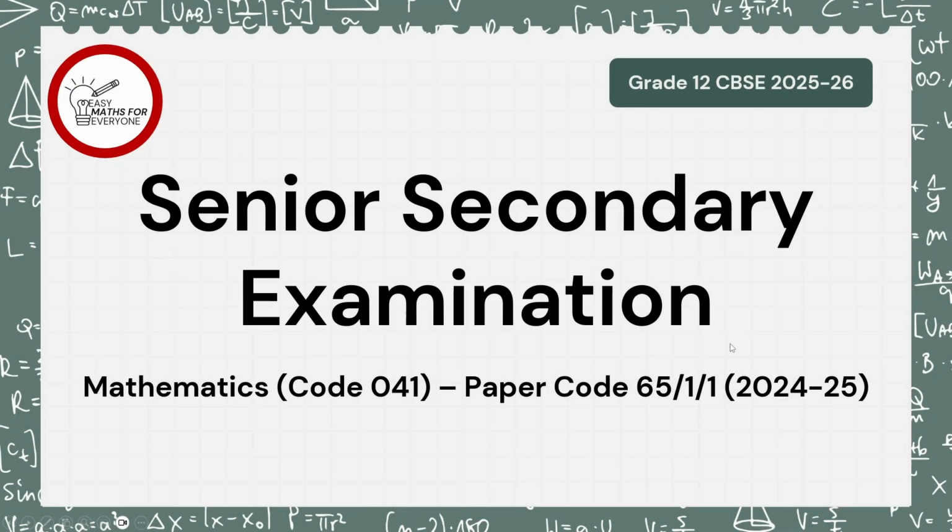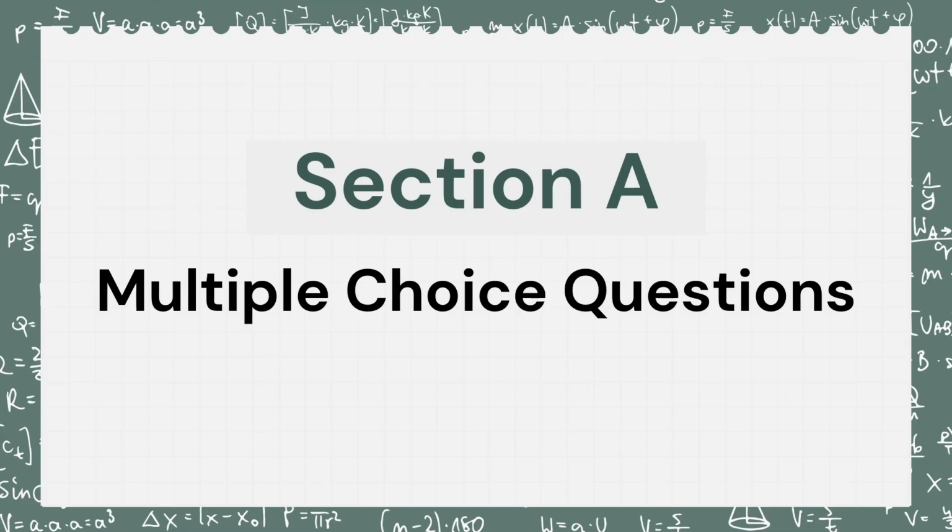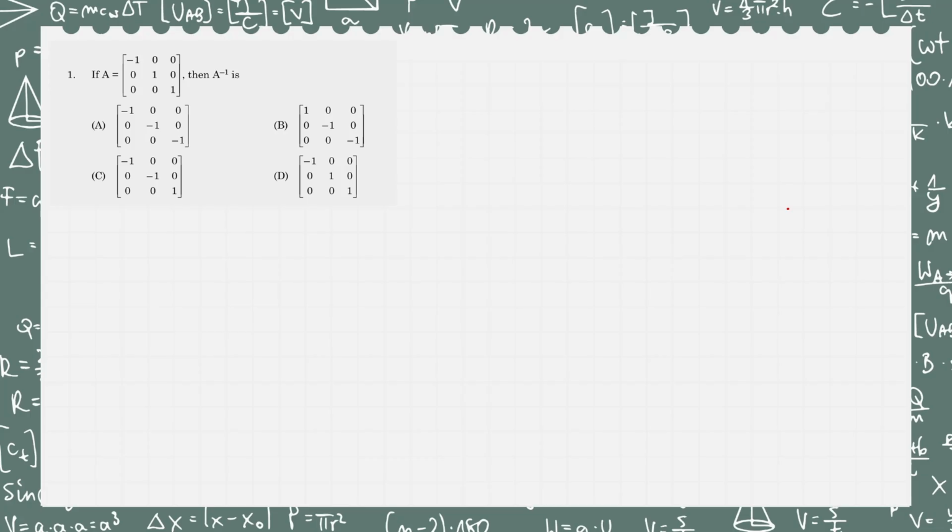The paper we are going to discuss today is the board paper for 2024-25 batch, and the paper code is 65/1/1. To begin with, let's solve the sums from section A, which are MCQs carrying 1 mark each. First question, if A equal to the matrix -1 0 0 0 1 0 0 0 1, then A inverse is